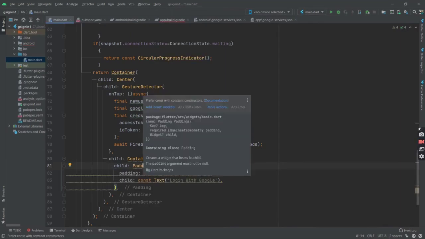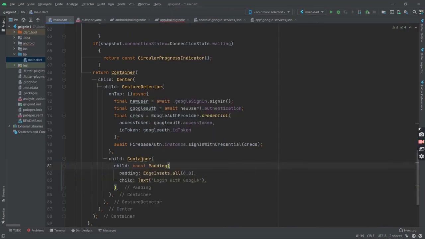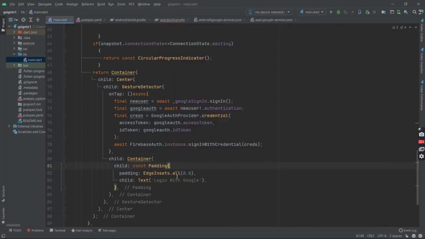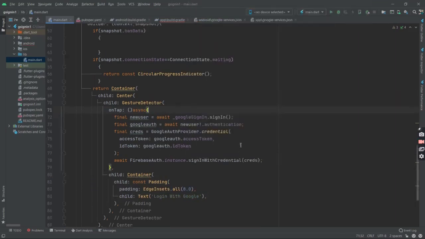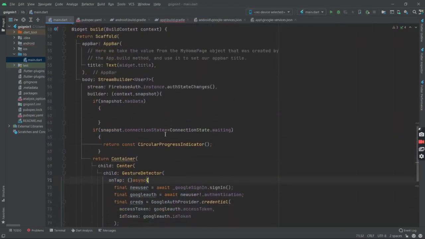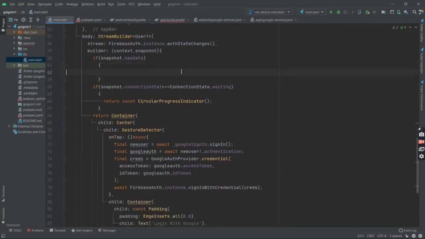It will look good with the padding. So I think we are done with it. When you press this login with Google button, this whole on tap function will get triggered and a new Google user will be signed in. And all that will be recorded by this stream builder, by this Firebase stream that listens for auth changes.